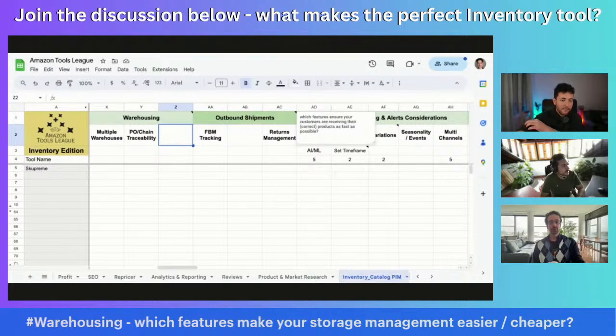Sure. And I suppose it says which features make your storage management easier and cheaper. So part of it is protecting the downside, right? I hate to say this, but our former 3PL this year has lost retail value of over six figures of goods. This is unfortunately the reality for many brands. Many brands are dealing with 3PLs. 3PLs have been expanding exponentially over the last year, and these are their growing pains, literally losing goods. So having an ability to track those changes is really important